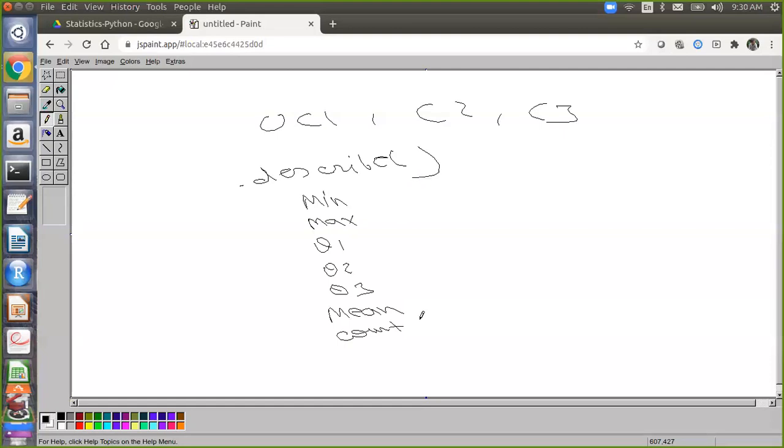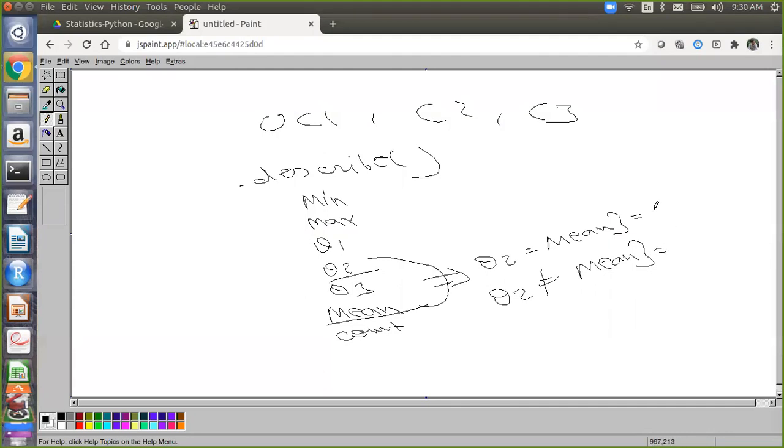Basically it is a 5-number summary, but it gives you 7 things. 2 things are not useful for us. But sometimes if I quickly want to see if there is an effect of outliers in my data set, you just go and check the values you are getting for Q3, Q2 and mean. Is Q2 equal to mean, or is Q2 not equal to mean? So what do these 2 conditions represent? Mean is equal to median, and mean is not equal to median.